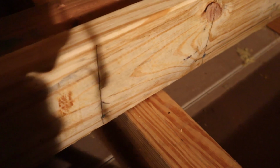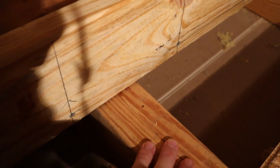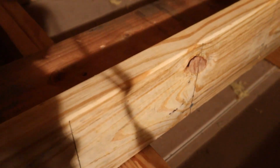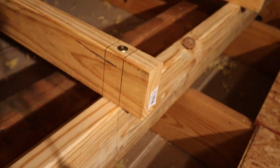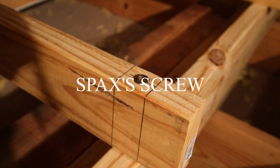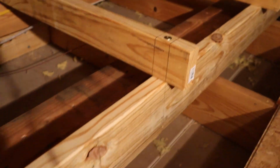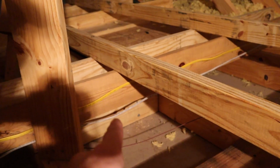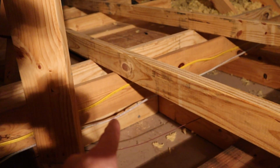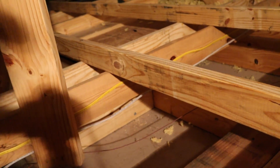And these are anchored into the joist with, on this one, 4-inch, I believe, 4-inch exterior screws and some of these construction type screws that are self-tapping. And then the same with there. Those are 3-inch. Again, I did a mixture. I put on top and bottom the construction screws. In the center I put